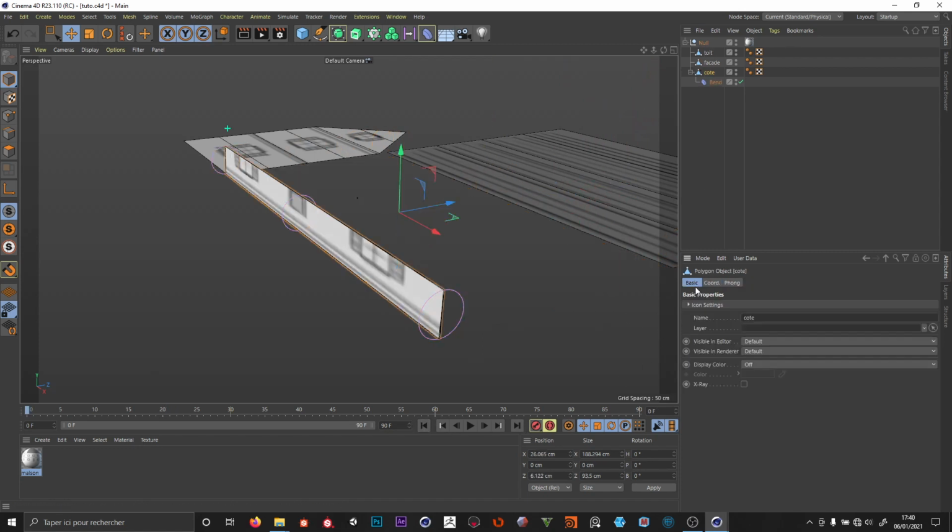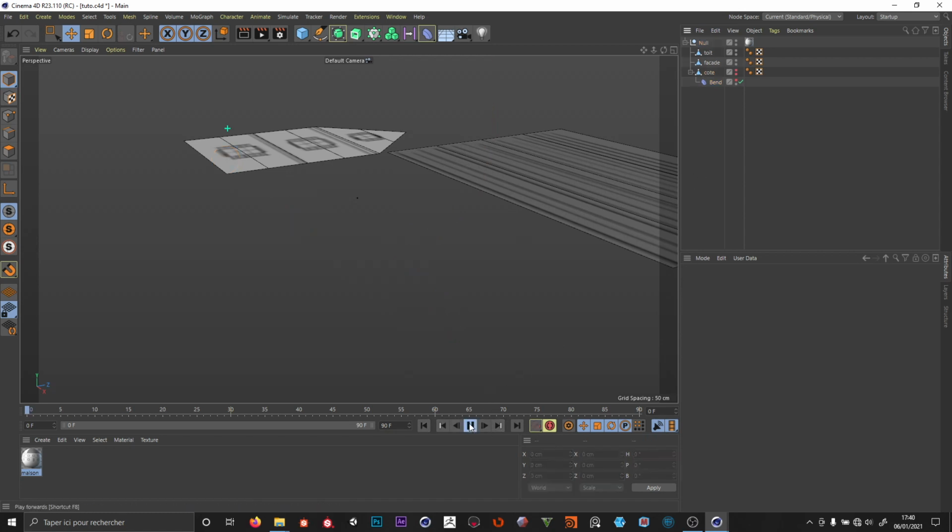I also add keyframes on the visibility. Okay, so on frame 0 it's off and on frame 1 it's on. So yeah, here we have our first animation,